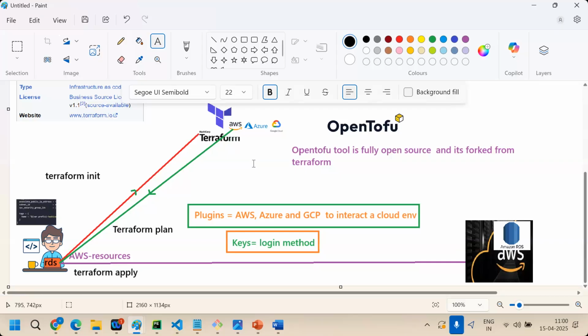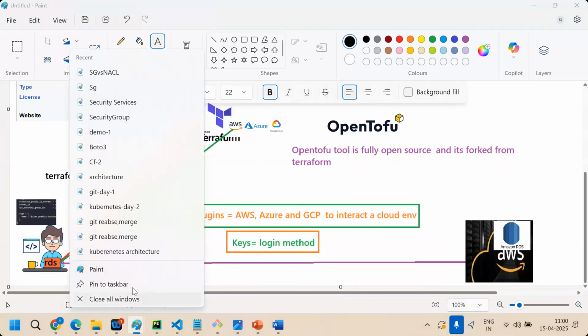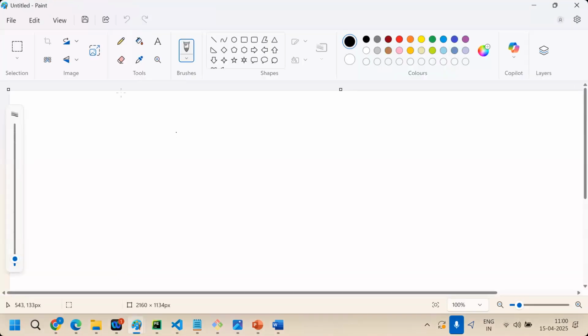What about terraform apply? Apply executes a plan and creates resources. Okay. Let's write the definitions here.